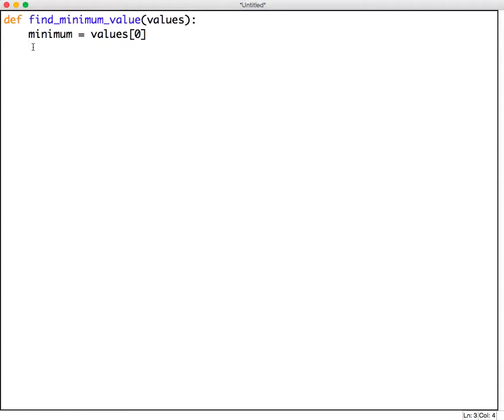So at this point, I want to loop through each item in the values. So I'm going to say for num, maybe I shouldn't even say num. This could be a list of any kind of value, but for value in values, what am I saying? For each value in the list of values. Well, now I need to check if the current value is less than the minimum. So if the value that I'm looking at is less than what I currently believe to be the minimum, then I want to make the minimum